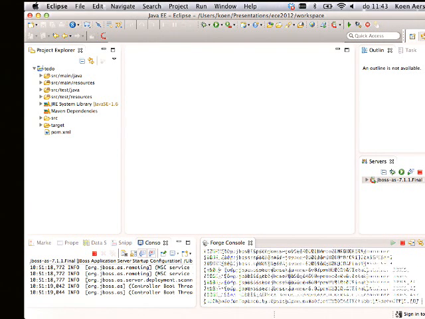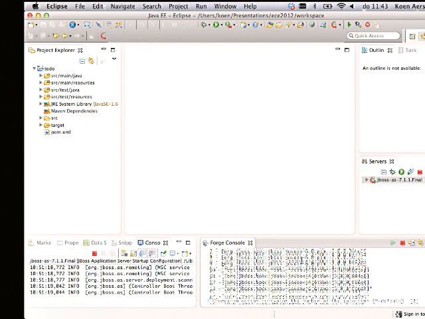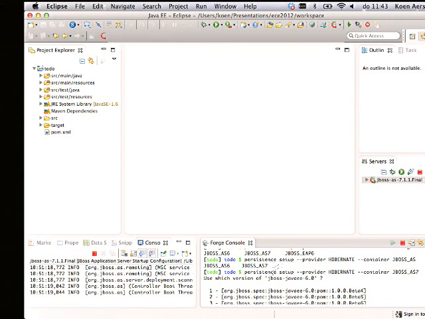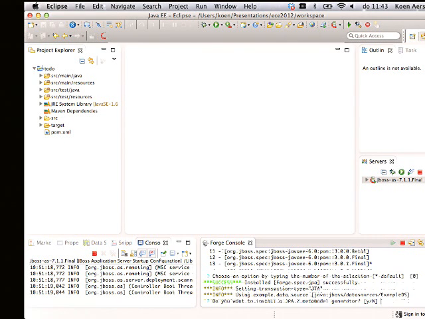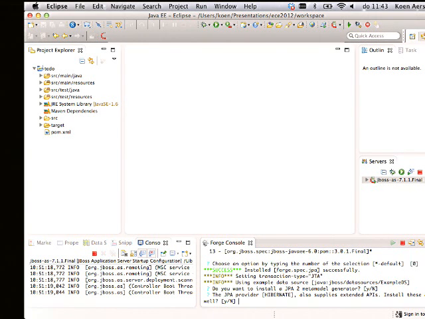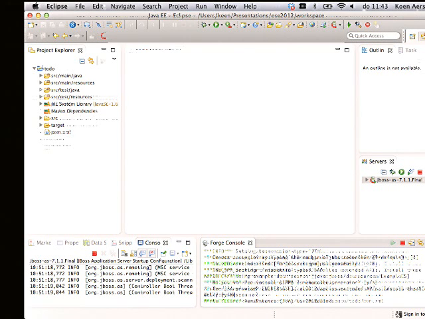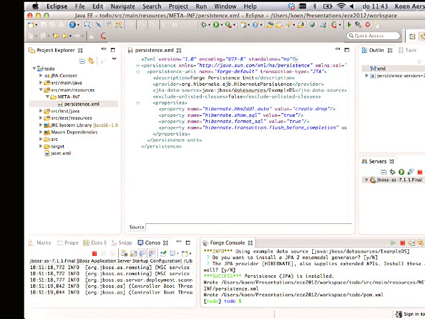Okay, and then it's going to ask me which version of the JBoss Java EE BOM I want to use. So I'm going to go with the last one. Do I want to install the metadata generator? No, I'm just going to go by the default, and I also don't want the extended APIs of Hibernate. So the command is run, persistence is installed,